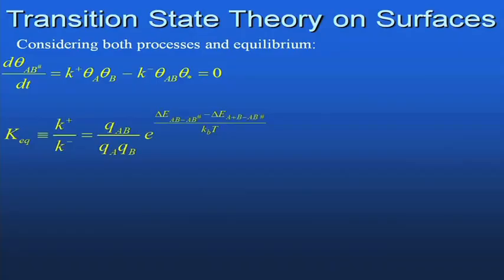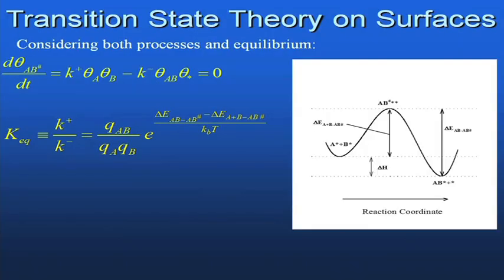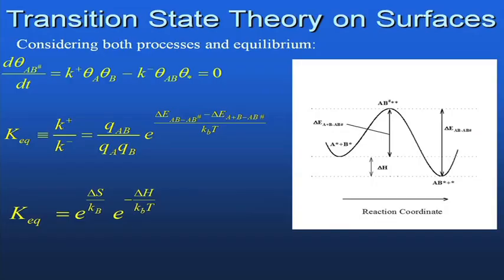The back reaction will be dissociation of AB into A and B. And we have applied the concept of equilibrium, because at equilibrium, forward and backward reaction rates are identical. Therefore, we employed that and we got the expression for the equilibrium constant in terms of the energetic